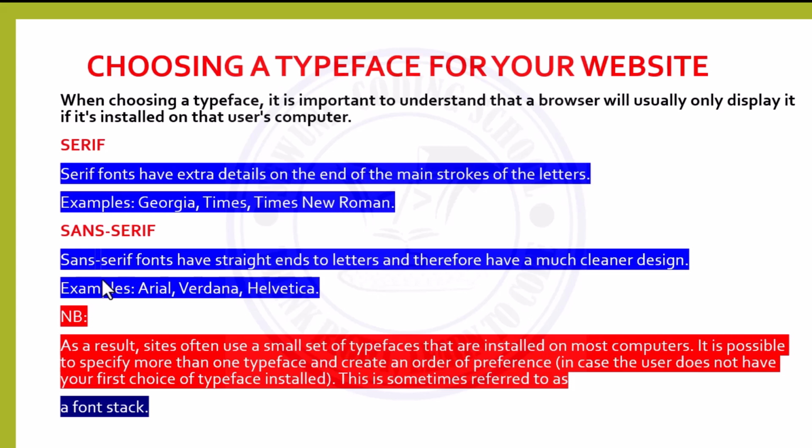In sans serif, we told you they have straight edges, and examples of those are Arial, Verdana, and Helvetica. But you should know that sites often use a small set of typefaces that are installed on most computers. You cannot install almost every typeface, but it is possible that you have at least some popular ones available, so that even when you are not able to read with one particular typeface, you can fall on the next one